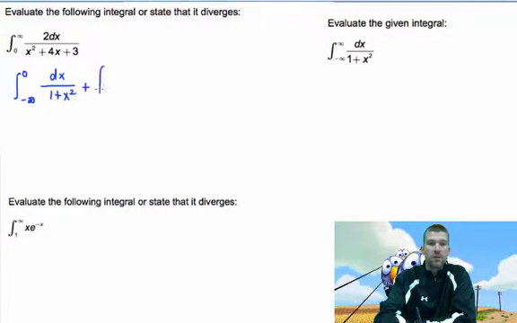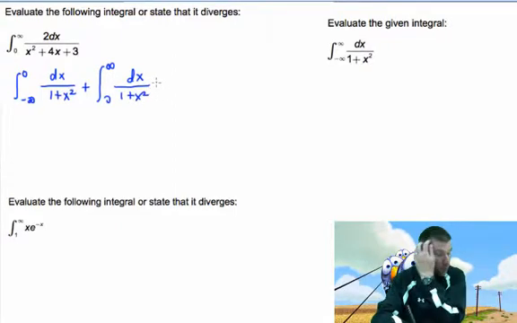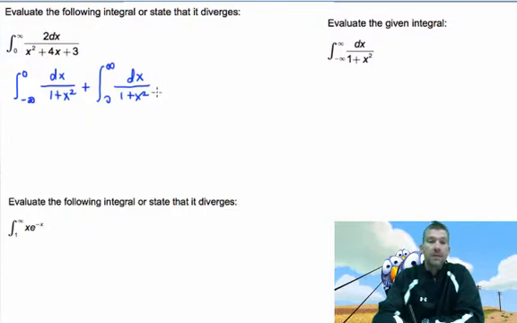plus 0 to infinity of dx over 1 plus x squared. And what happens is we're going to sort through two different limits now, because we've got one limit for each. So the limit